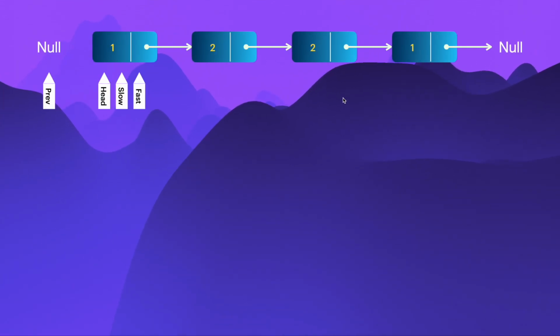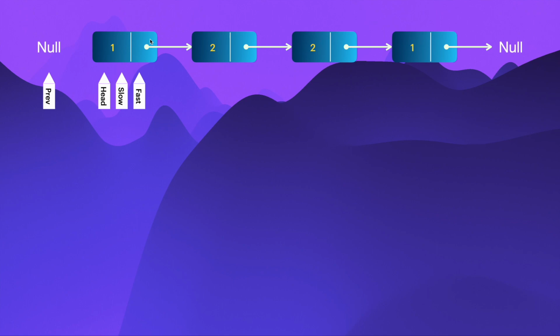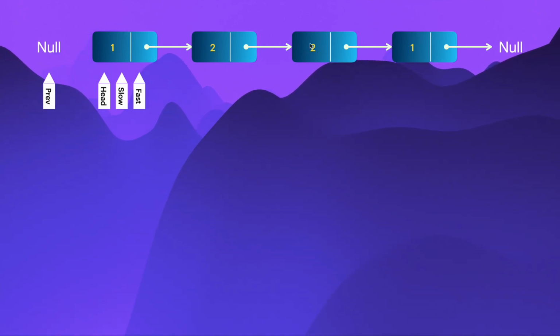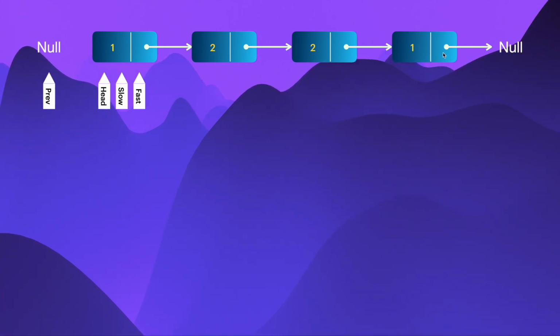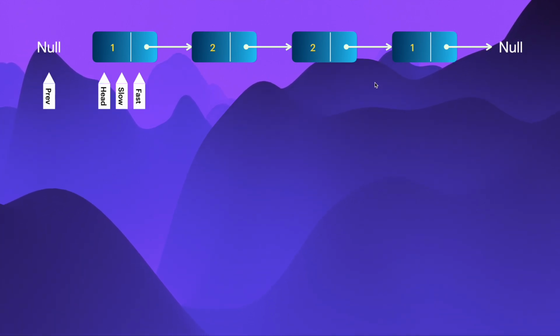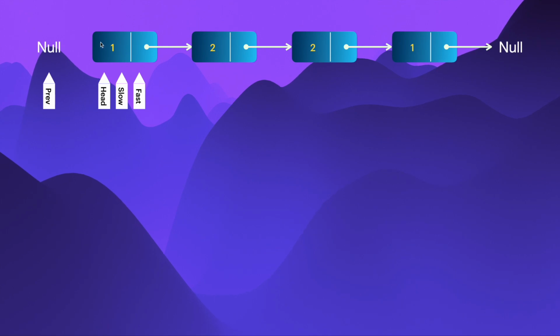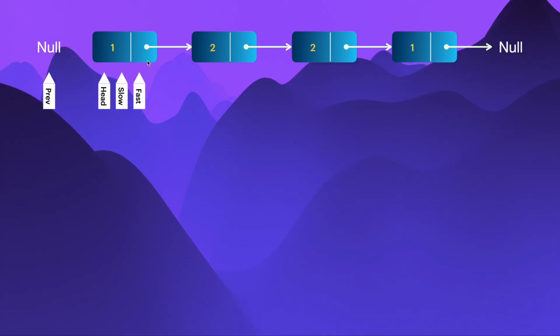You can see that we have here a linked list with 4 nodes. The first node has the value 1, the second node has the value 2, the third node has the value 2, and the fourth node has the value 1. The fourth node's next property is pointing to null, representing the end of the list. And every linked list has a head pointer, which is pointing to the first node of the